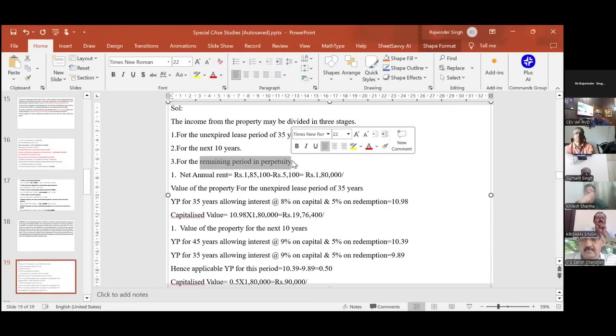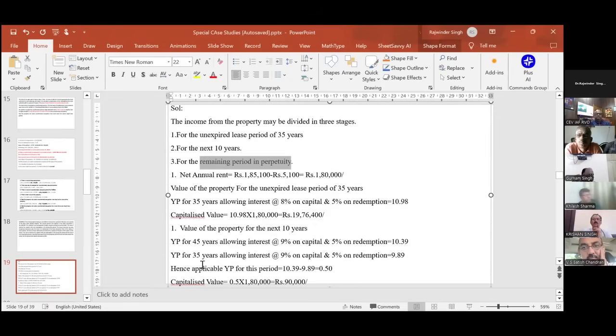So you may get such type of lease deed in your practical life also. These are especially in the national capital region or in southern cities, such type of leases are there. In Punjab or in northern states, generally we are having freehold property in most of the cases. See here, from the question you can well understand this fact. If there is any doubt, ask.